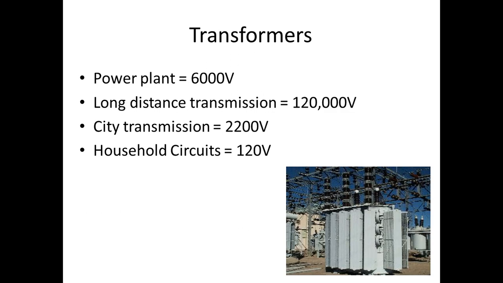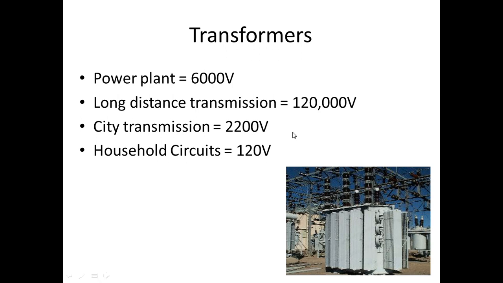And this is why. Power plants produce voltage at roughly 6,000 volts. You don't want that going in your house. But that's not high enough to get it from the power plant that's way miles and miles and miles away to Atlanta. So you have to step this up to 120,000 volts to have enough push to get it from the power plant